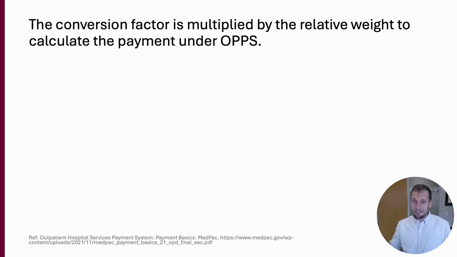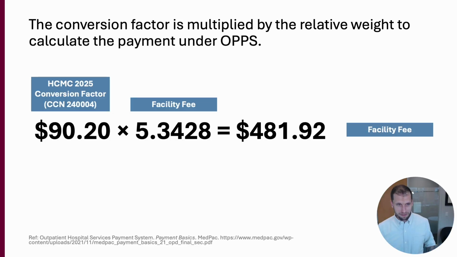Okay, then the conversion factor is multiplied by the relative weight to calculate the payment under this outpatient prospective payment system. So 90/20 is our HCMC specific conversion factor. Wherever you work, again, if this is hospital-based, for not inpatient stuff, ambulatory stuff at the hospital, 90/20 times 5.3428. That's from our relative weight calculation. You did a low complexity medical decision-making evaluation and a simple repair of a laceration, less than 5 centimeters or something. And that tells you that the facility fee is going to be